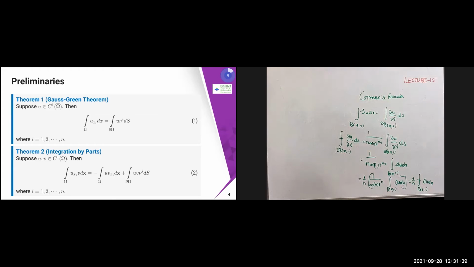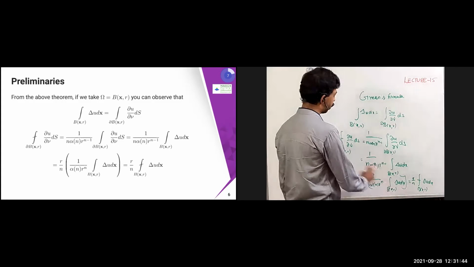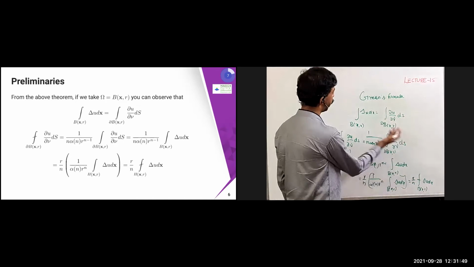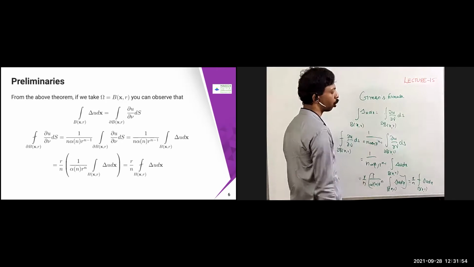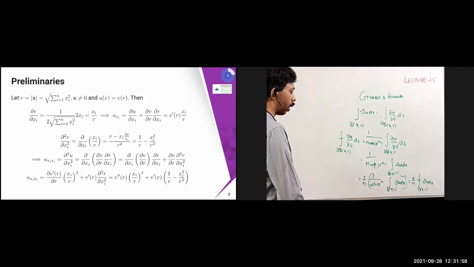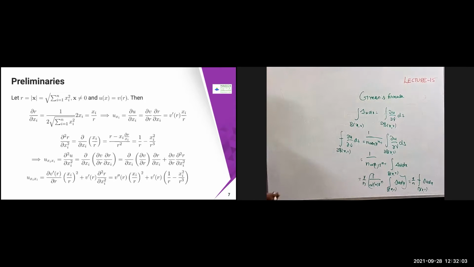Without bar nothing will come, just a 1 here. With the bar, whatever I have, there will be an r by n that is going to come. Or you can write it as integral over, so this bar del u dx is going to be n by r into dou u by dou nu. So depending on the situation, we'll use it accordingly. Okay, next one. As I mentioned, we are going to convert the problem from x coordinate, in r power n, to the polar format.